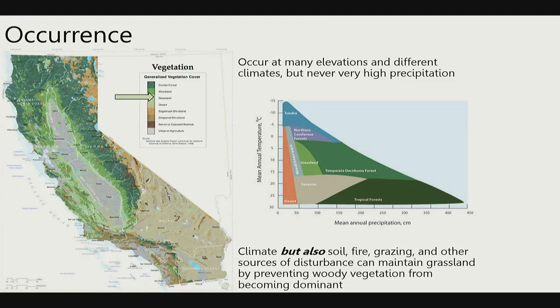There's a lot of other state factors that come into how grasslands arise. Things like soil conditions and soil composition, fire, grazing, especially historically when we had massive herds of native herbivores, right? These all contribute to and maintain grassland habitats and stop them from shifting to other different biomes, right?